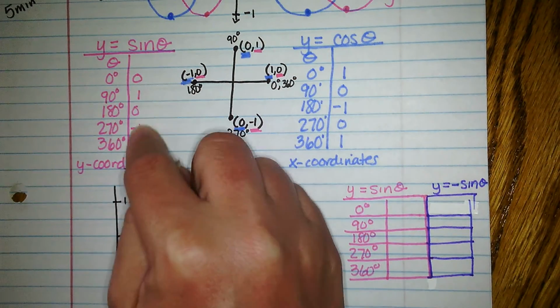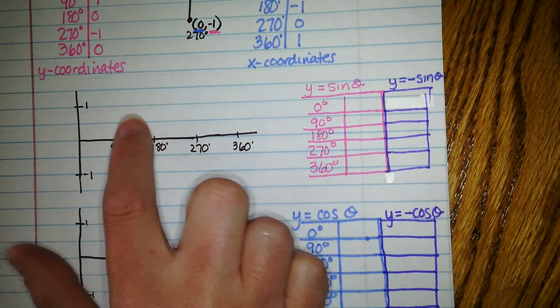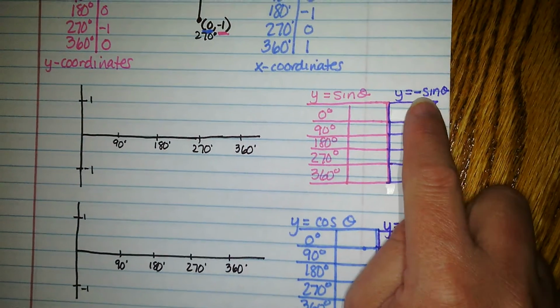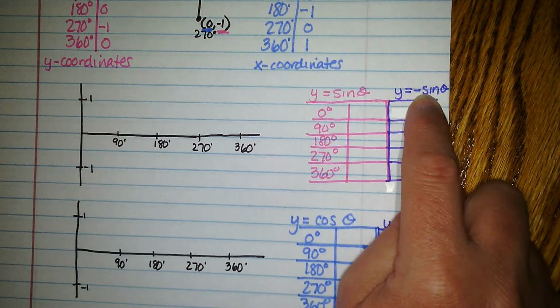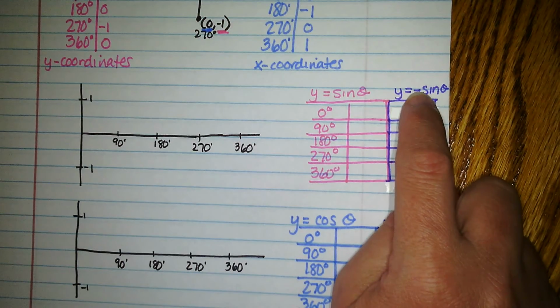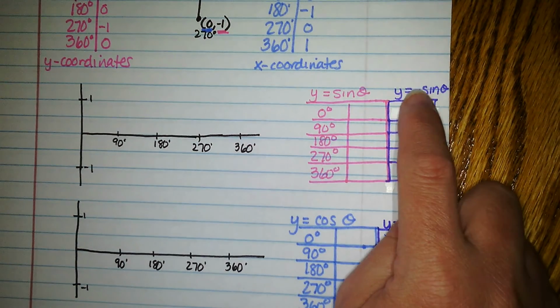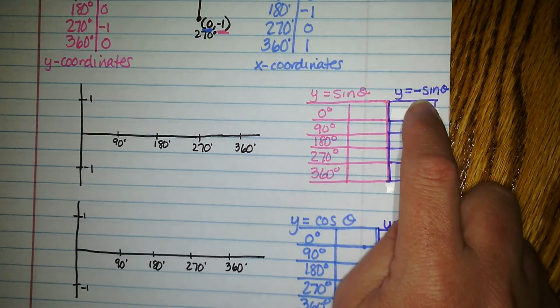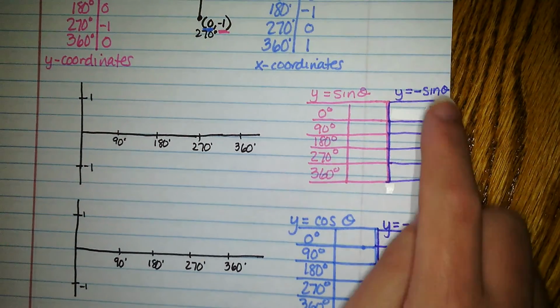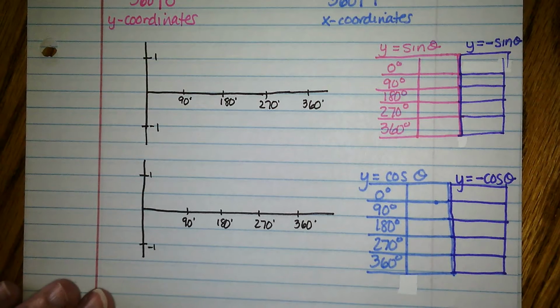So we're going to take these basic values from our unit circle, and we're going to refill them in here and replot, because we want to focus on what sine looks like, and then we're going to look at the reflection in the x-axis. Now, how do I know it's a reflection? It's got that negative in front of the function. That's what a reflection in the x-axis has. It's a negative of the f of x, or a negative of the function,